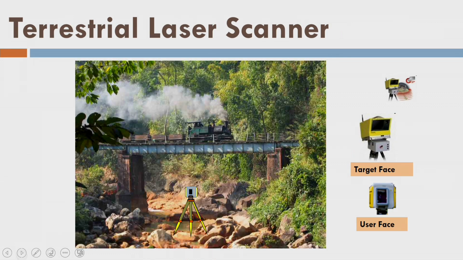Next, I would like to tell you about the terrestrial laser data acquisition. It's very easy. It is not that complicated. So we have some laser scanner like this, which looks like this on the front face and back face, right? So now I want to acquire the laser data using a terrestrial laser scanner. And let us say I have put my laser scanner in order to acquire the data of a railway bridge, right? So you can assume that a train is not passing and you are acquiring the data. So what do you do? You specify the field of view, right? So that is my 3D field of view.